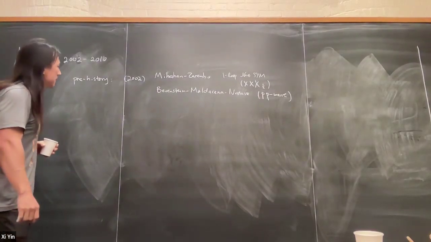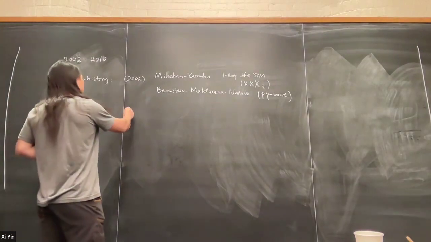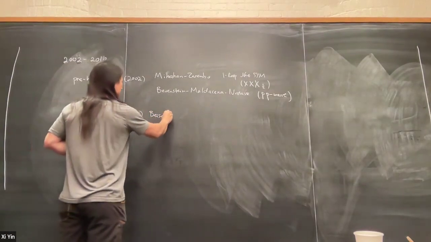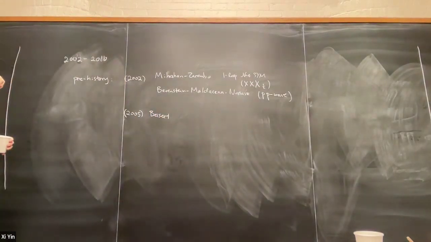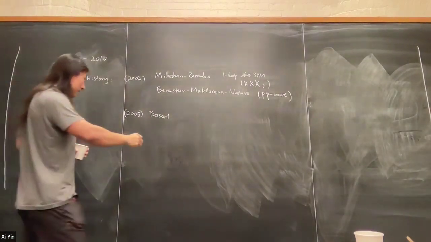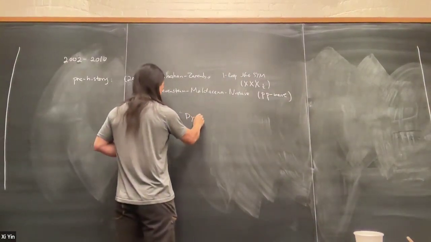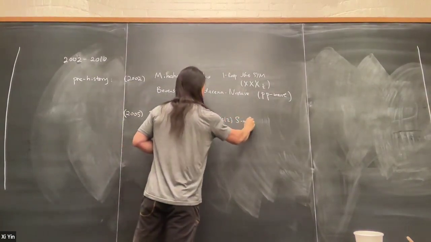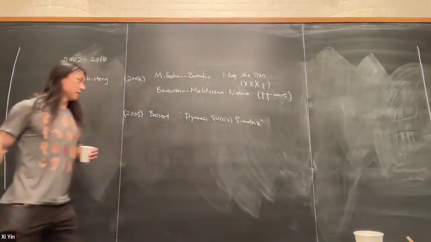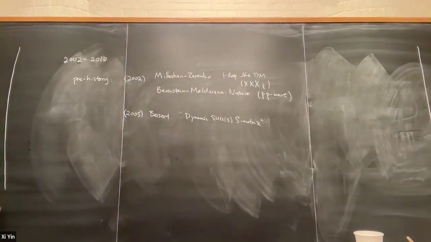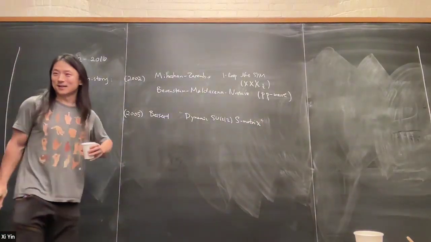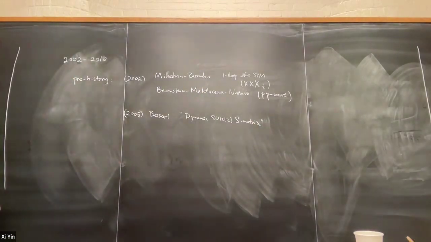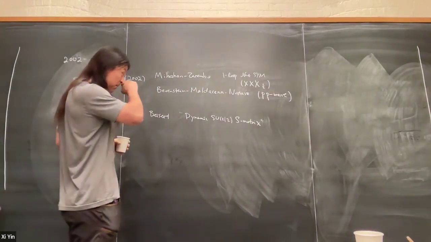The subject really took off with the 2005 paper by Beisert. This is, I think, arguably the single most important paper on the subject. The paper is called "The Dynamic SU(2|2) S-Matrix." It's a technical paper, all about spin chains and algebra. If you don't study the details of the paper, it's not clear why it's important. It will not be clear to the casual observer why it's important. But it's the single most important paper.